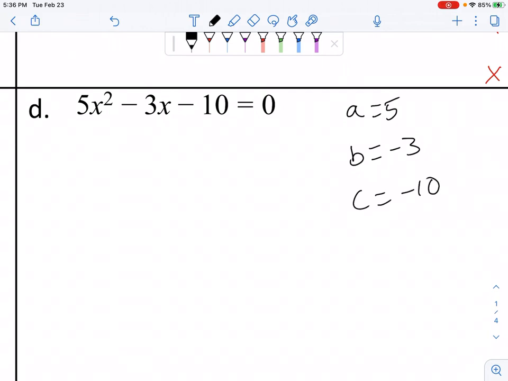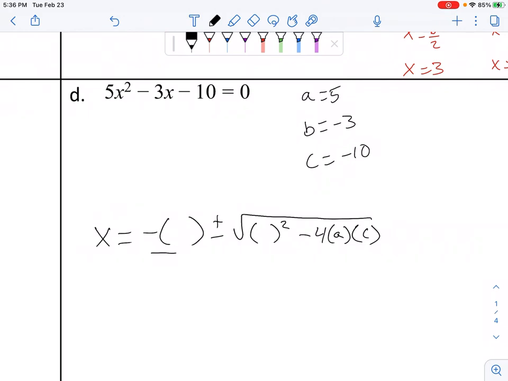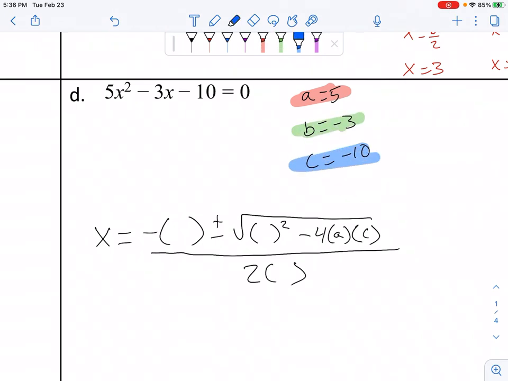And now I'm just going to plug these into my quadratic formula. So again, x equals negative b plus or minus the square root of b squared minus 4 times a times c all over 2 times a. And now I just got to plug some numbers in. So my a is 5, my b is negative 3, and my c is negative 10. So negative b, which